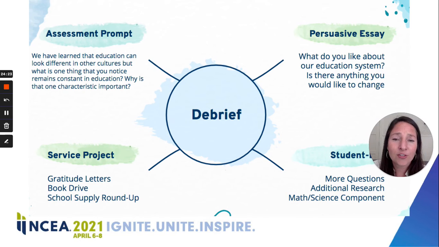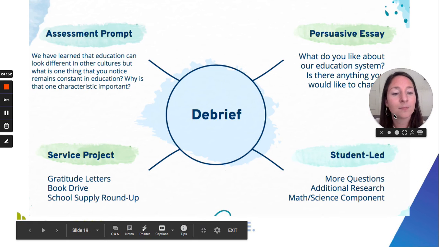And then other service projects, you can have students brainstorm about ways that you can support students around the world, especially if the classroom that you connected with has any sort of needs. You know, there's already an immediate desire to help people that we feel more connected with. So something like a book drive, a school supply roundup is great, especially kind of veering away from just financial fundraisers, but to more like supply driven is always really powerful. And then student-led options, just following the students.